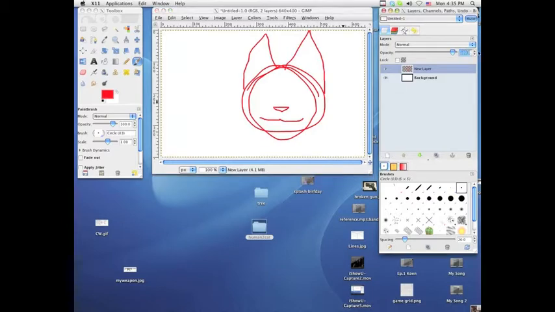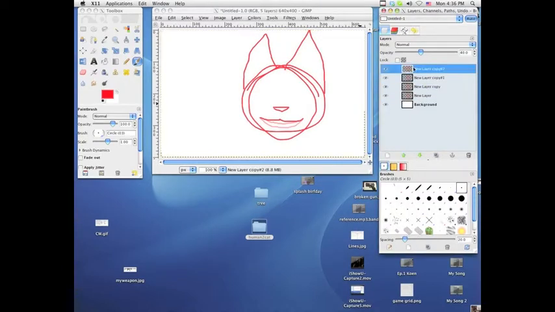Okay, so then you want to put the opacity at about 80%, so that it's kind of transparent, of course. Since I'm lazy, you duplicate the layer, and then make the mouth open a tiny bit. Then you duplicate this layer again and move it up one, and then you make it a bit larger. That's really crappy. So I'm gonna do one more.